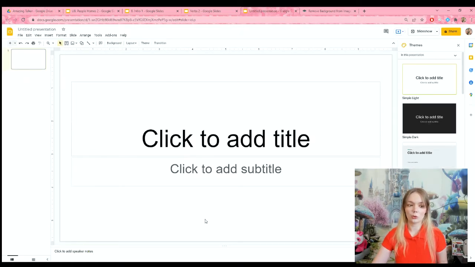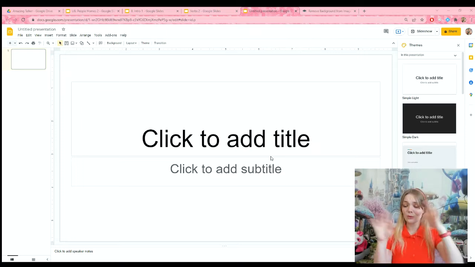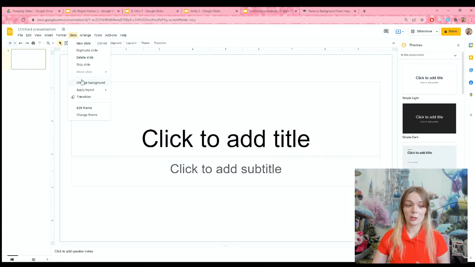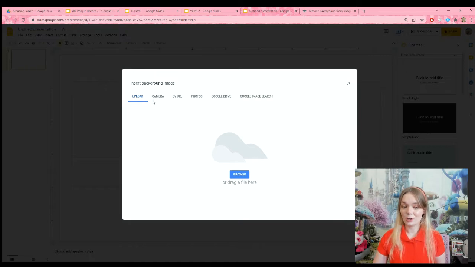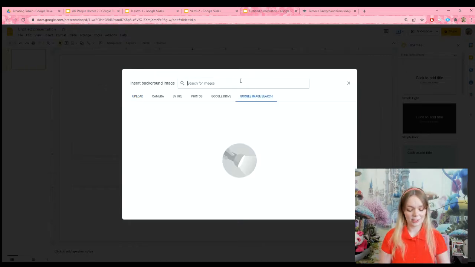Once you have your Google Slides open, you're going to pick a theme. Now, you can do this any way that you want to. However you want to design your slide, go for it. I like to add a background. There are 2 different ways that you can do this. First, you can go up here, click on Slide, click on Change Background. Now, you can do a color, you can add your own picture, you can even just go to Google Image Search and type in